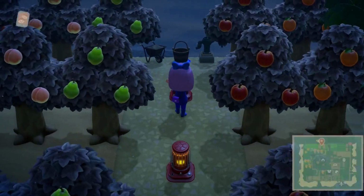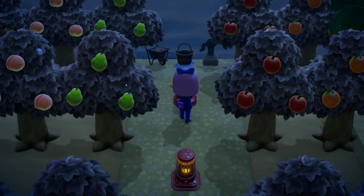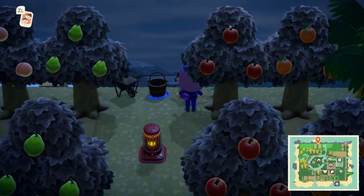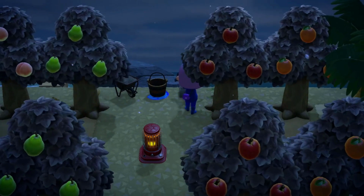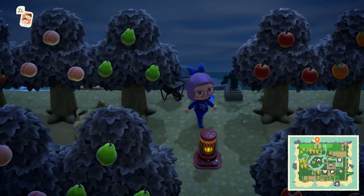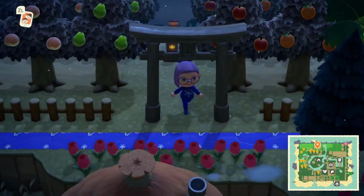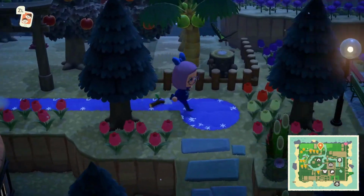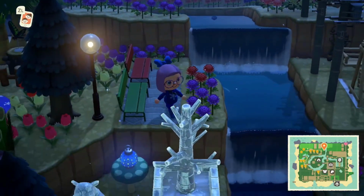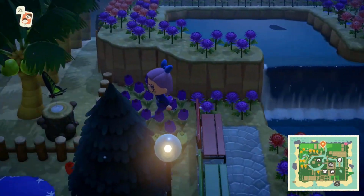We have one of each tree, not one, we have a row of each tree, including the coconut tree. We have a little watering pump back there. And we also have some heaters in the middle to keep the trees warm so we don't lose them. And just some little decorations there. You come over here, and we have another little sitting area. You can overlook the frozen statue park,